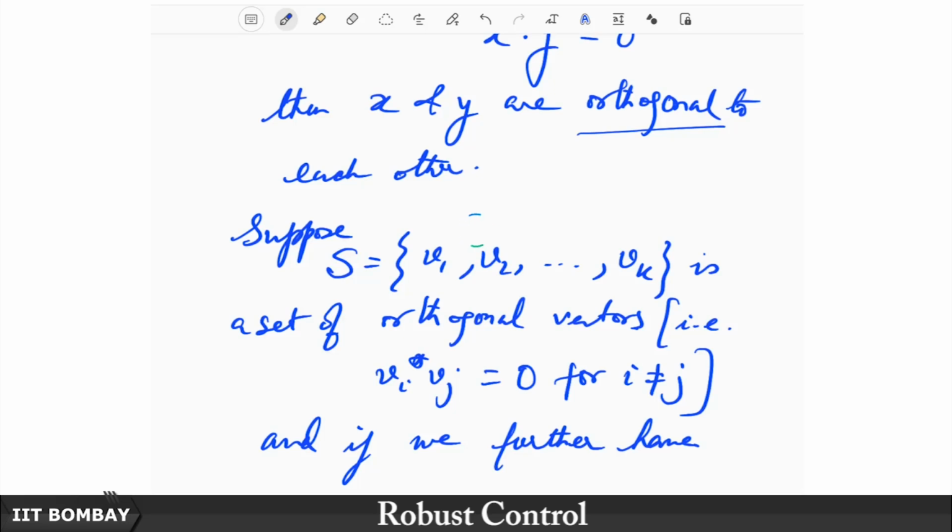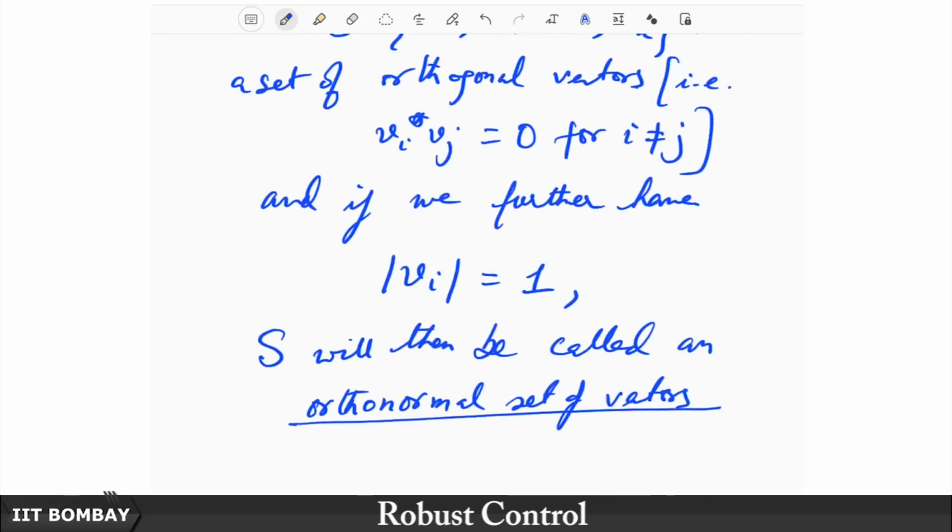And once we have this idea of what orthogonality entails, then we can say that if you have a bunch of orthogonal vectors such that you take any two vectors and their inner product leads to 0, and each of those individual vectors is of unit norm,